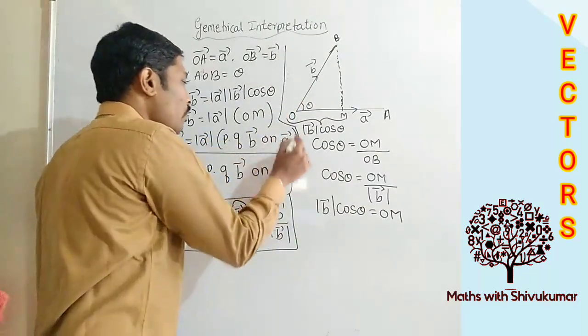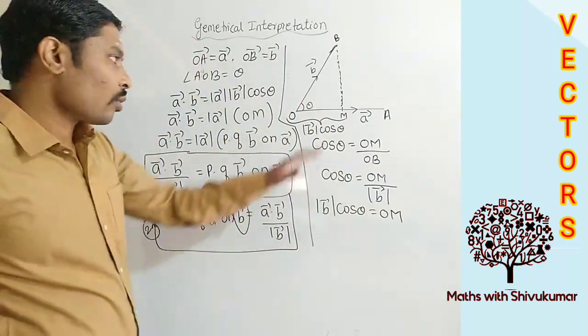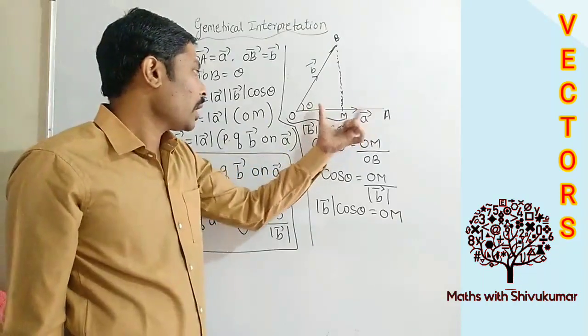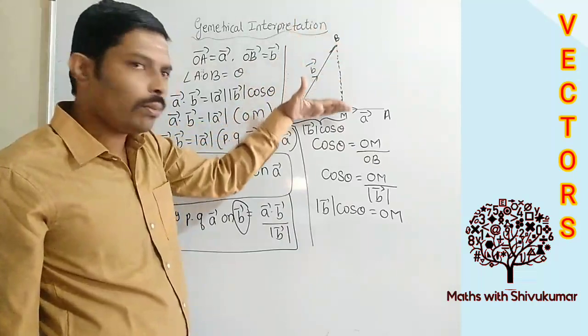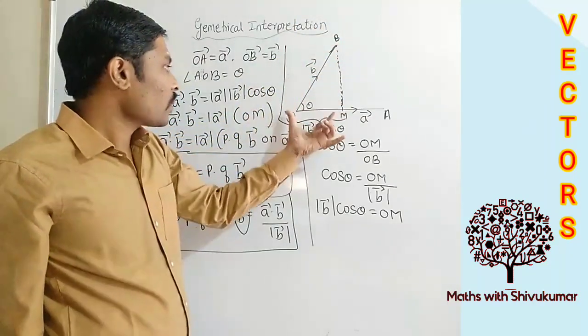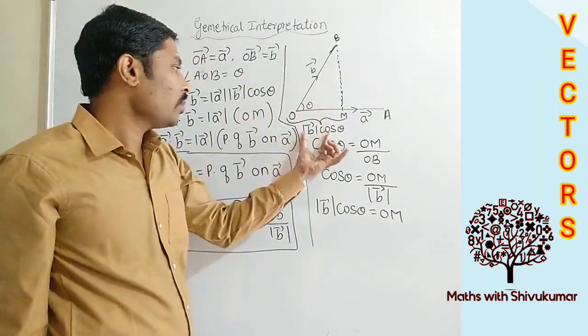Is it clear now? What is the geometrical meaning? The product is nothing but this magnitude of OA times B cos theta. B cos theta is nothing but this component of B, or the projection of B, that is B cos theta, into